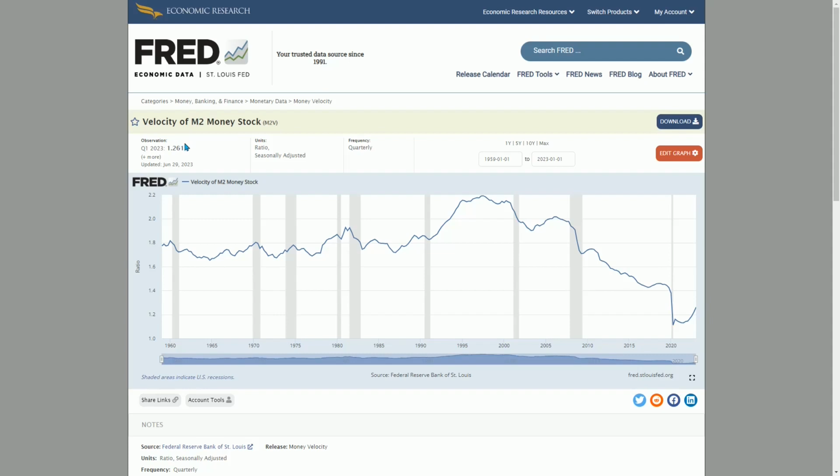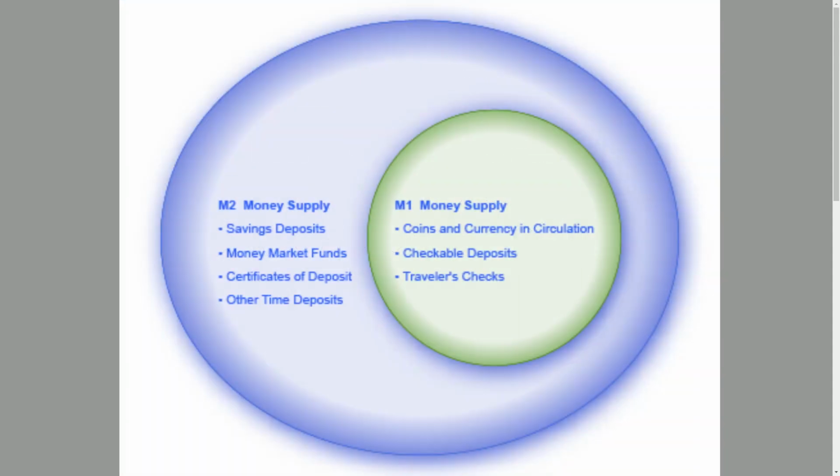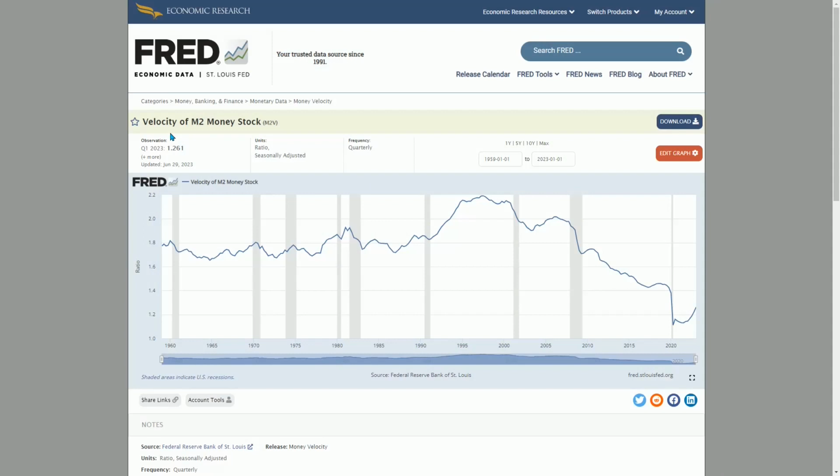First, what is M2 money stock? It is the supply of all liquid and near liquid money in the United States, checking accounts, CDs, things like that. There used to be something called M1, but that was just too short term of a money measurement. M2 is more comprehensive. So it is a supply of money in the economy, not counting that which is tied up into illiquid asset classes. And the velocity is the GDP divided by the M2 money supply.